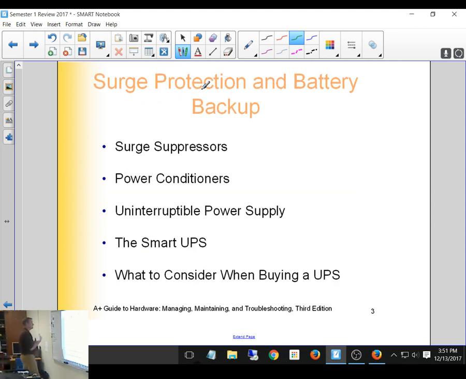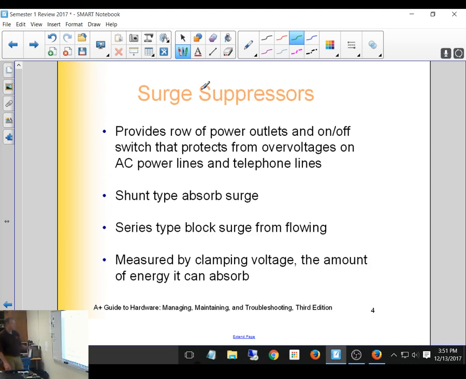Then we talked about different problems with power and the difference between blackouts and brownouts and surges and spikes, and what kind of things we have available to us to condition those. So we know that surge suppressors handle spikes, power conditioners handle brownouts, and uninterruptible power supplies, or UPSs, handle blackouts as well. And the way those work is that a surge suppressor basically shunts off or stops all the flow